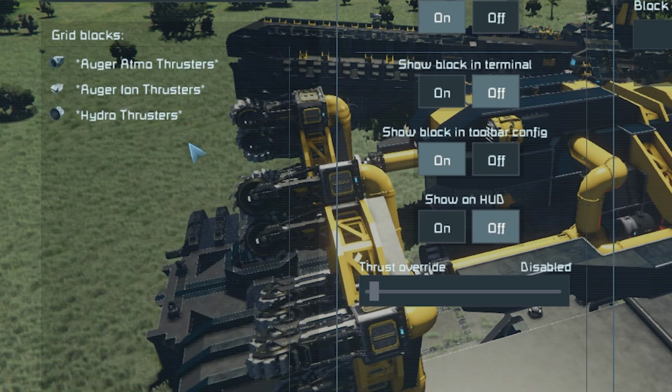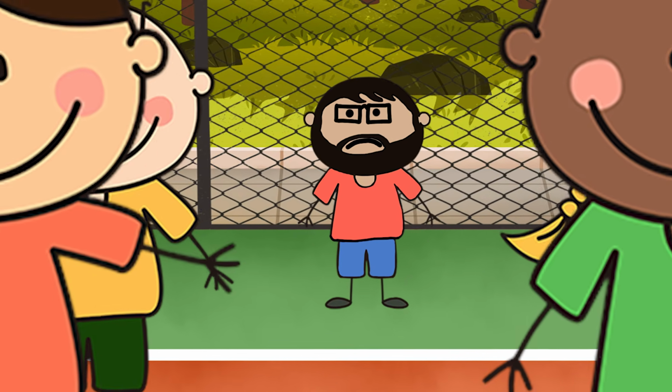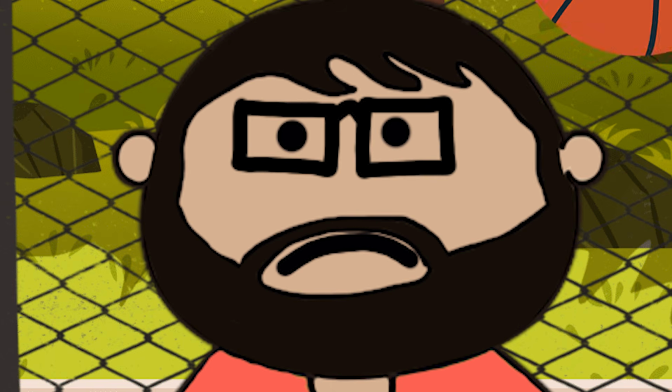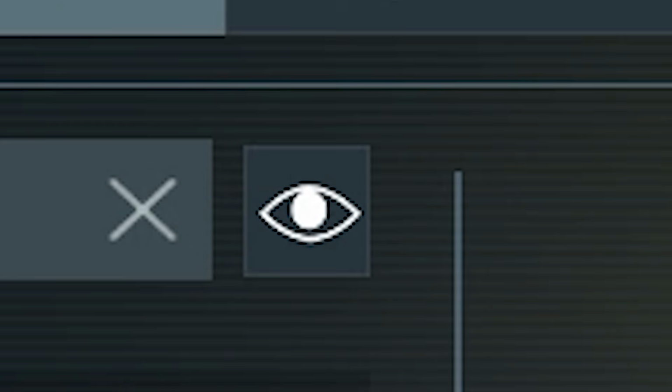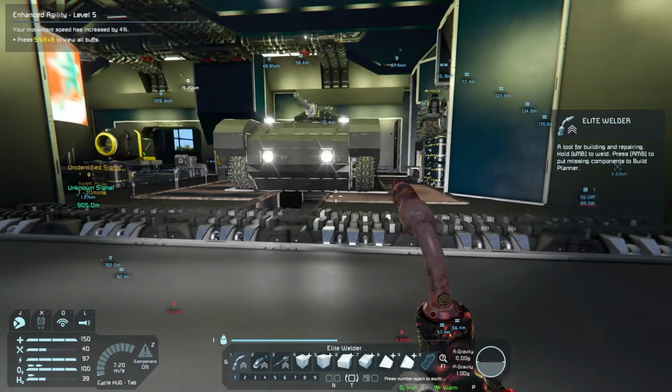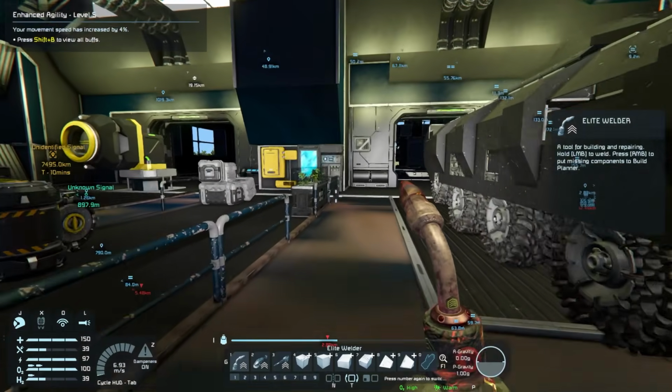Once you set it to off, it will be hidden in the block list on the left, completely invisible, like poor Rev when they were choosing teams for basketball that one time in elementary school. I promise I'm over it. To see the blocks that you have hidden, you can hit the little eye icon, which reveals hidden blocks. One last thing about the control panel, you can also change the name of the blocks in this screen, meaning